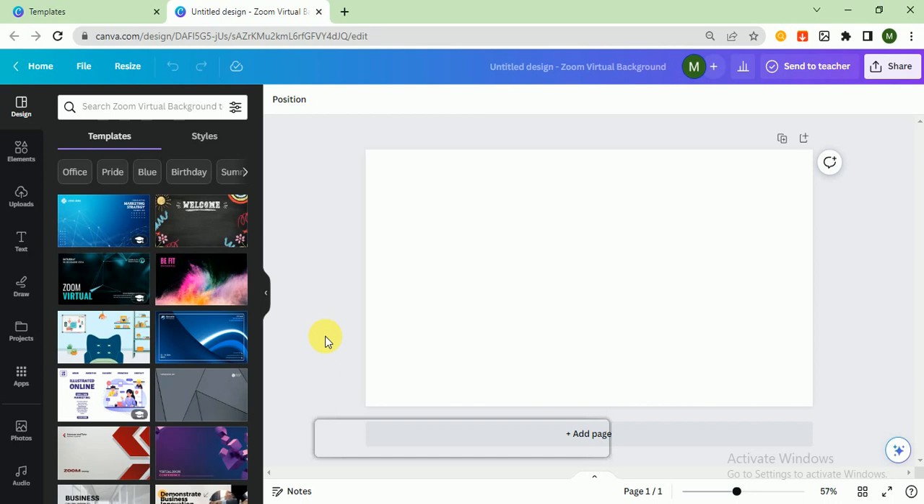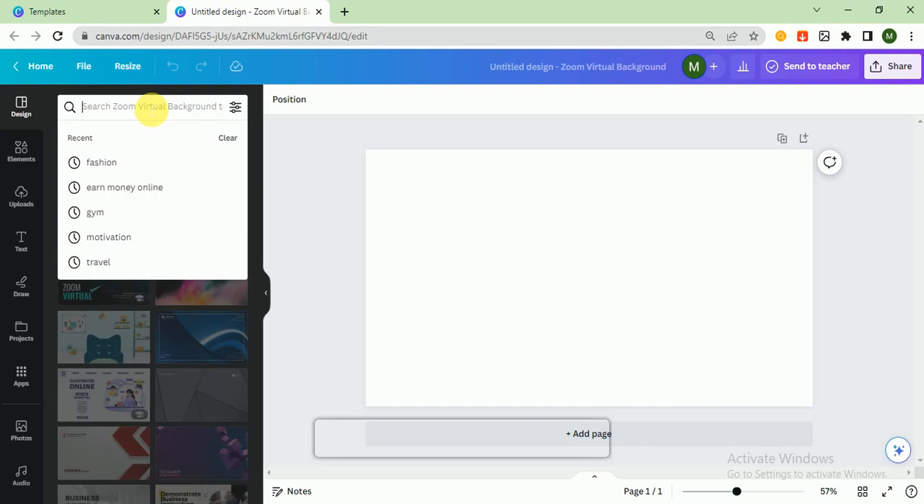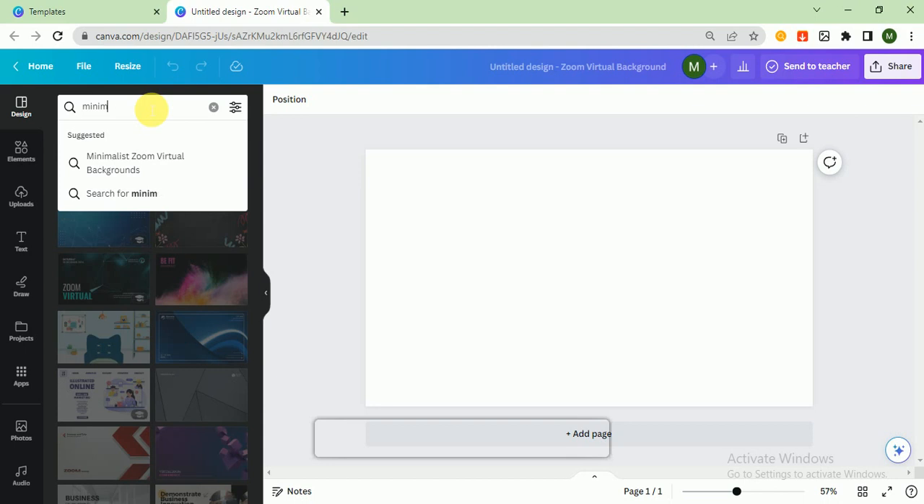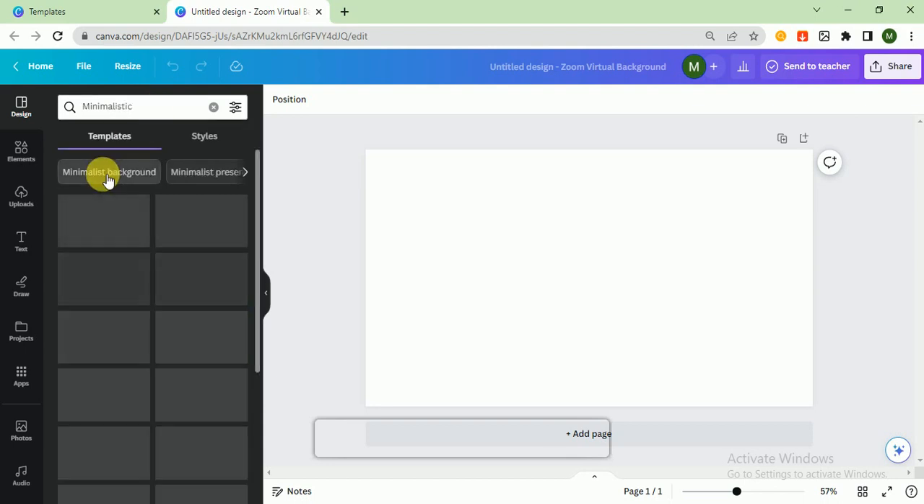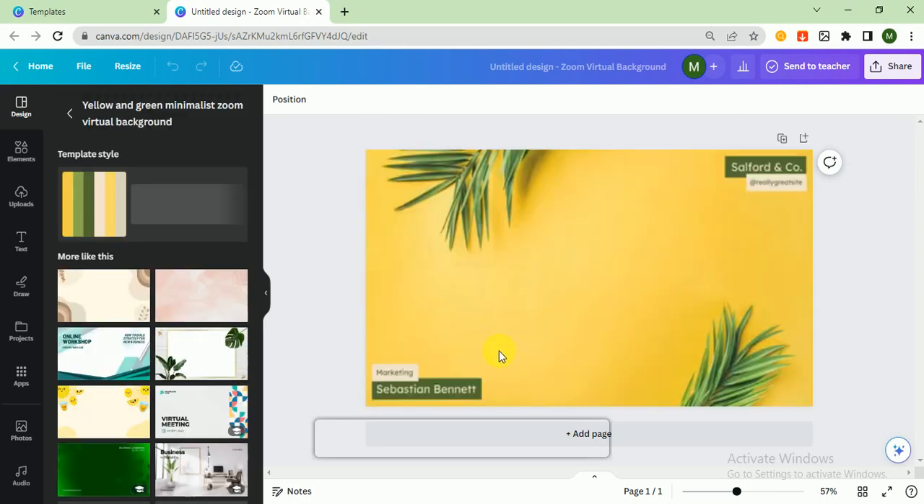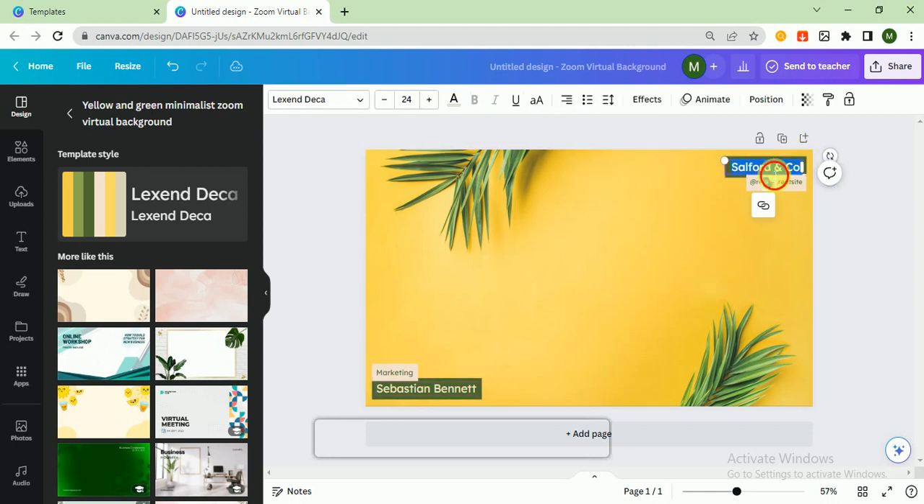So I want to make just a simple background, so I select here minimalistic. Yeah, that's good. I choose this one and here I write company name, website name, my profession and my name. So the company name is Henry and Co